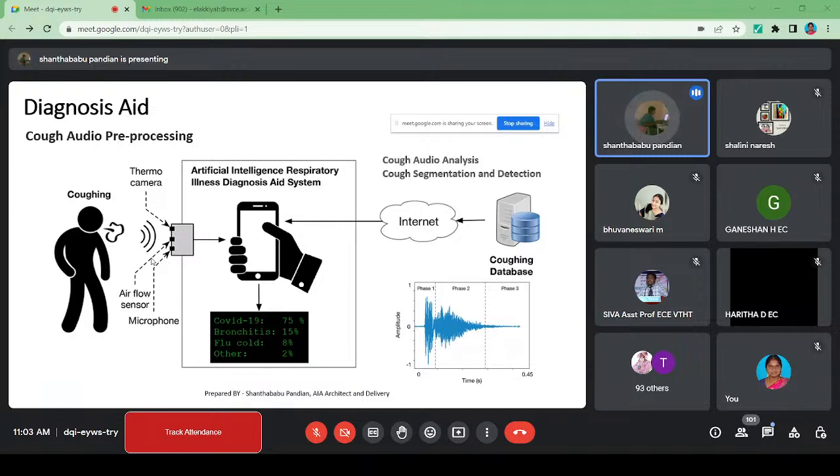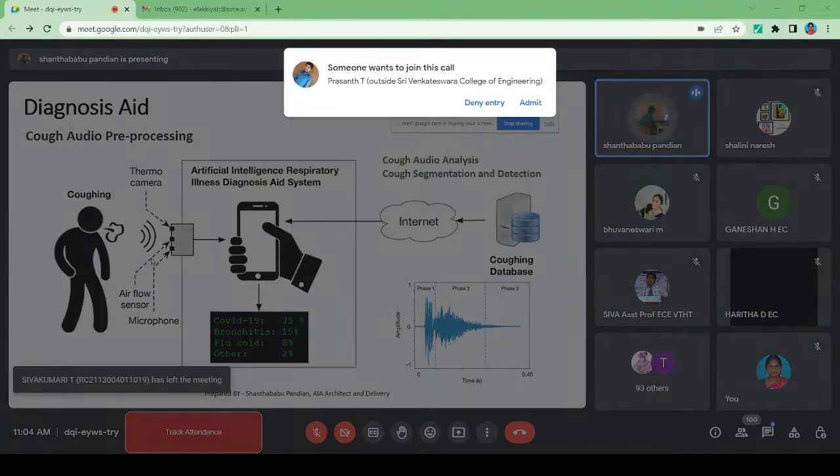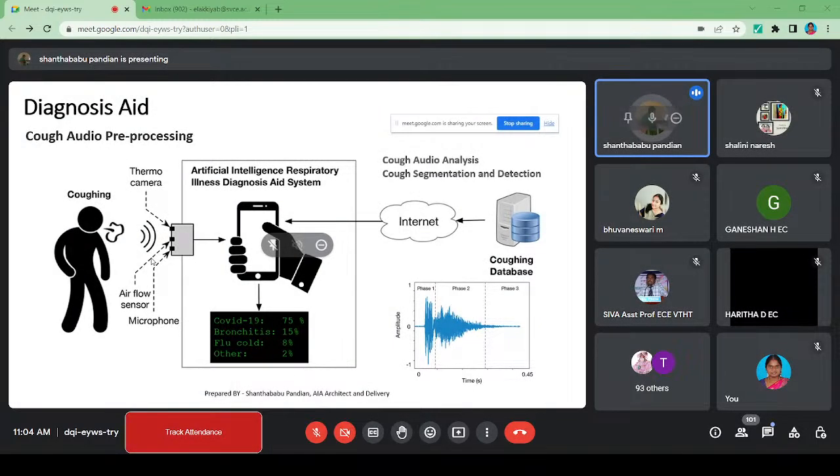So here we have the thermal camera, then a microphone and airflow sensors. Obviously it's going to be IoT, so the person coughs and that information has to be captured using the device, right? Then it is passed through the internet to the coughing database. In the coughing database we do cough audio analysis, cough segmentation and detection, and then we get the outcome, how much percentage of COVID has impacted the person. All these details we can extract, and we can give the solution and the treatment for the